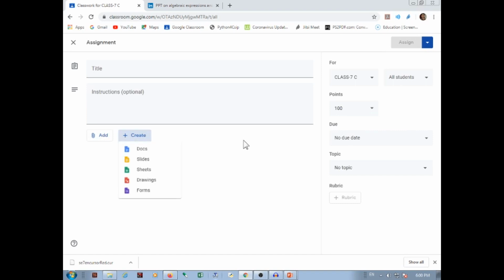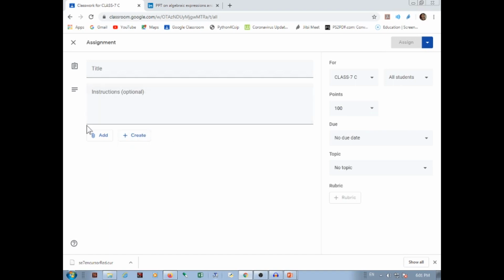As you click on the create, you would find documents, slides, sheets, drawings. These are the Google tools that you can directly create. If you want to share something by creating online, then you first create it, then attach it. If I click on the Google form, for example, a Google form will be created and attached with the assignment.